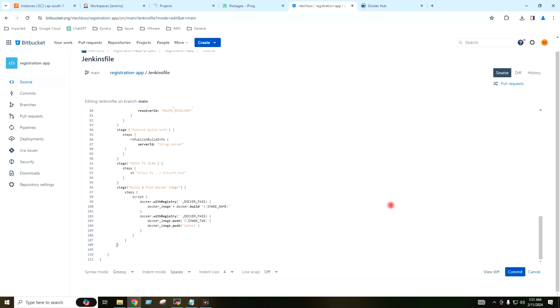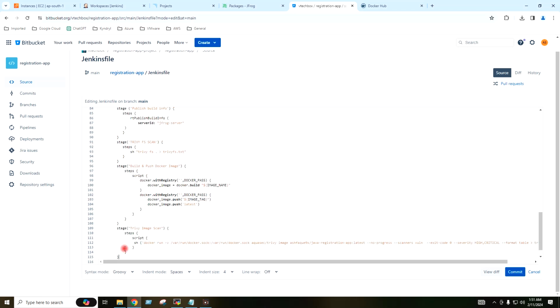It looks fine. I will now give one more stage, which is Trivy image scan, and this stage is going to scan the Docker Hub image which we have built and pushed to the Docker Hub. So the stage name is Trivy image scan,